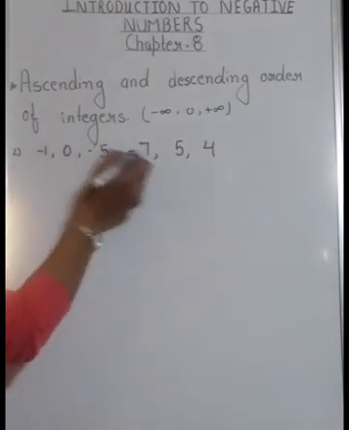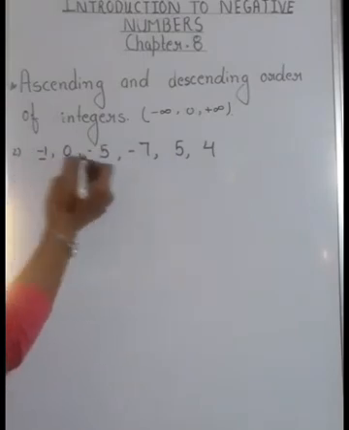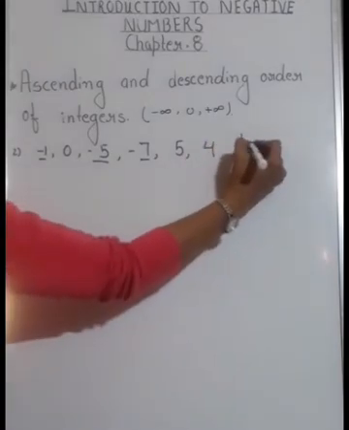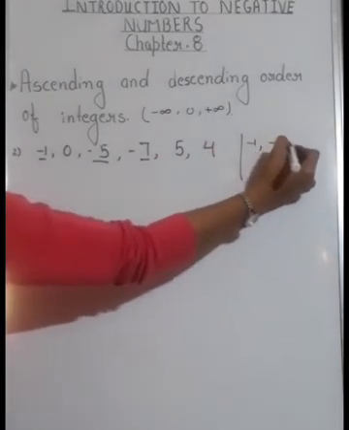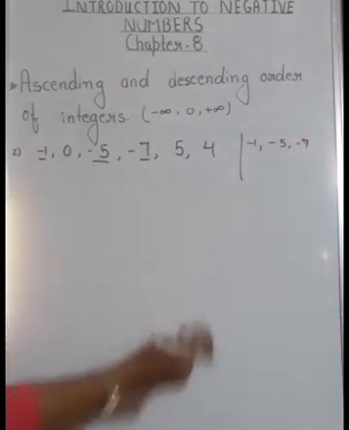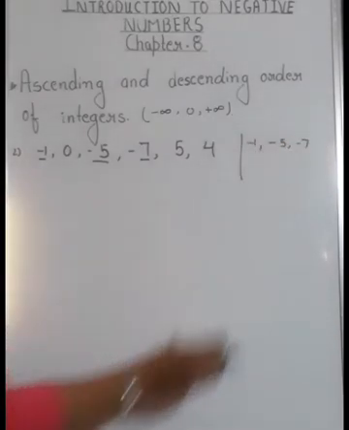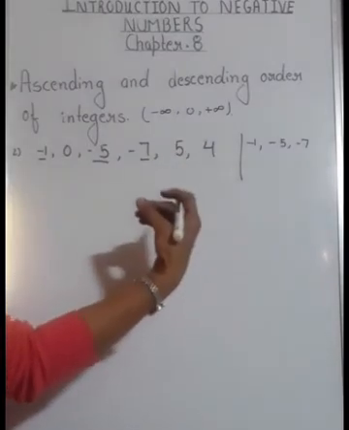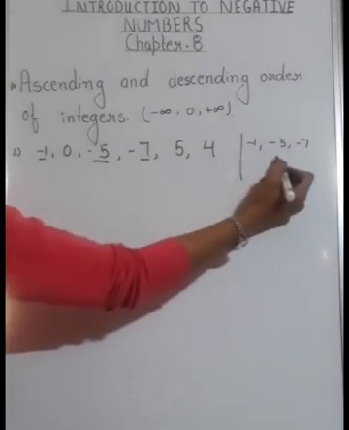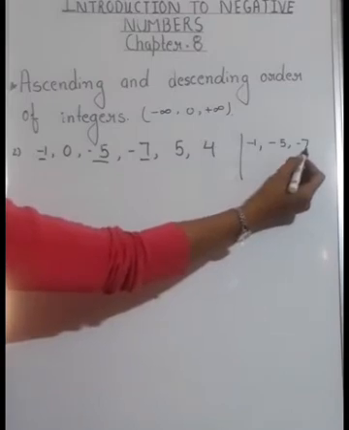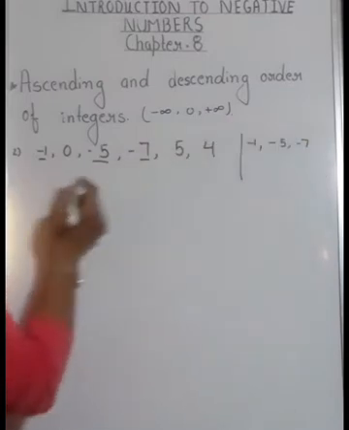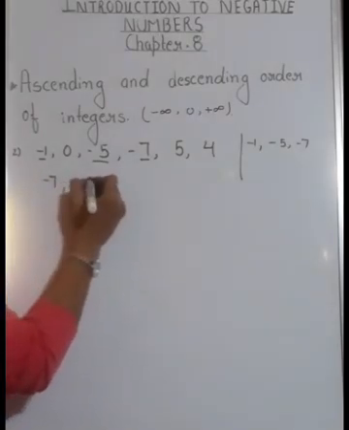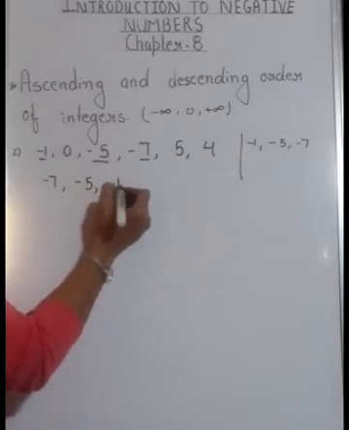So first just compare the negative numbers. Okay, so what are the negative numbers? Minus 1, minus 5 and minus 7. Okay, so they all are negative integers. And I told you in negative integers, the one with the greater numerical value is always smaller. So which one of them has the greater numerical value? The 7 has the greatest numerical value among them. Okay, it means minus 7 is the smallest among them. Okay, then it will be minus 5 and then it will be minus 1.